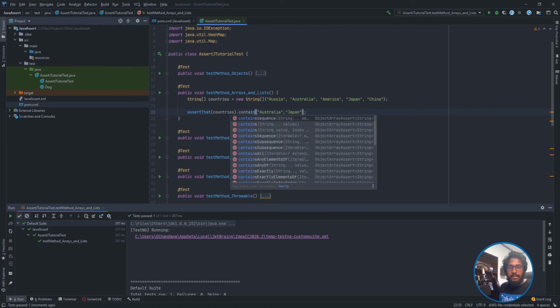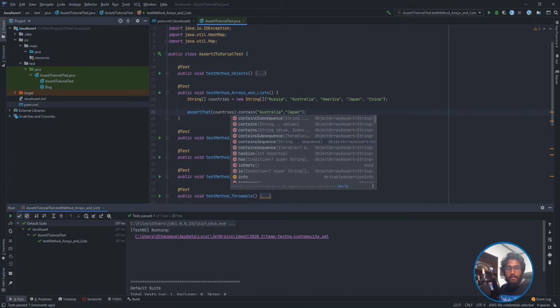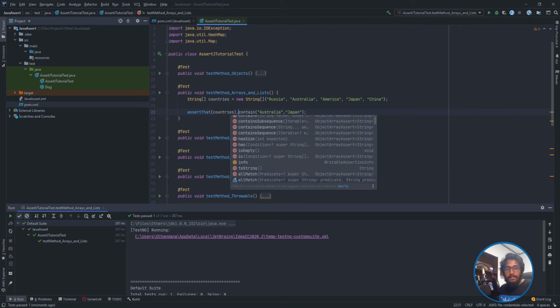In addition to that, it contains some other helpful methods. containsExactly, where we can provide exactly what should be included, in exact order, in this array. And there are some useful ones like containsExactlyInAnyOrder, containsOnly, containsOnlyOnce, and containsOnlyNulls. And if we go back, we have isEmpty, hasSize, and